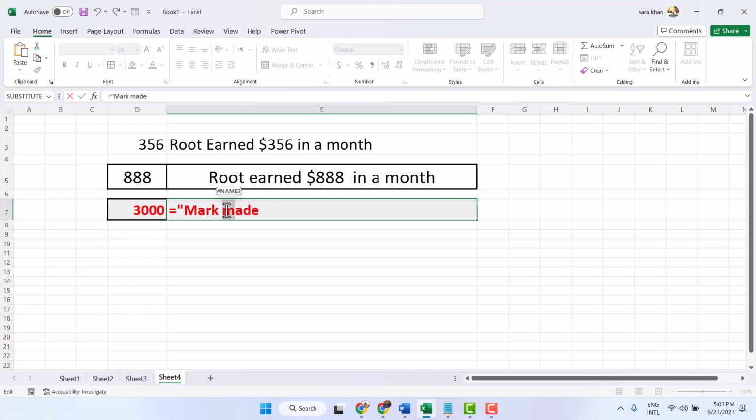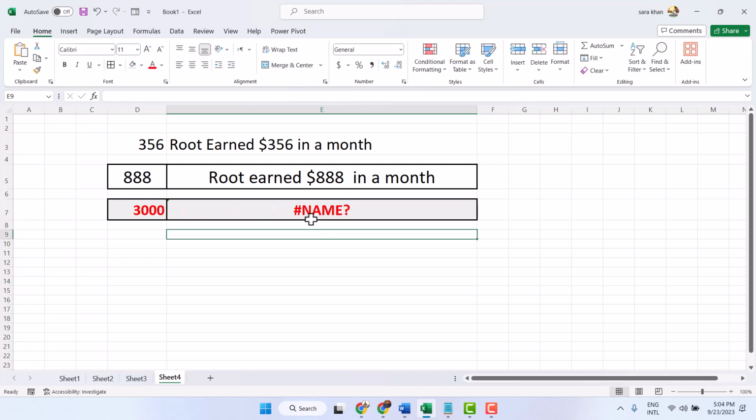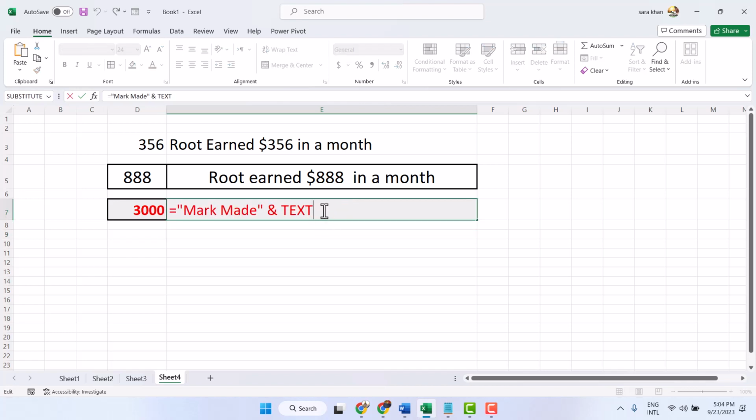Like "Mark made", then quotation, space, and space, text, type text, select it. Now select this cell, comma,